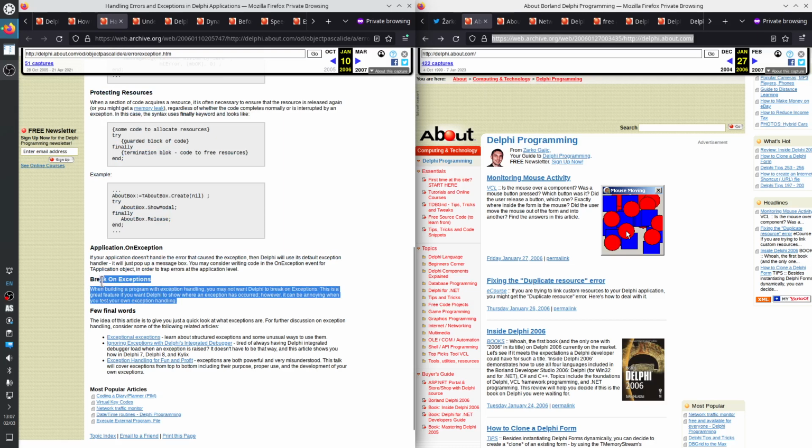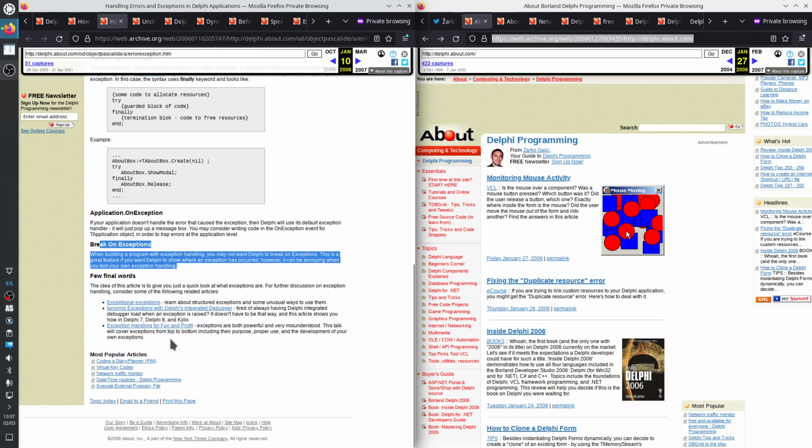When you run with a debugger, it breaks at exceptions thrown. Exceptional exceptions.